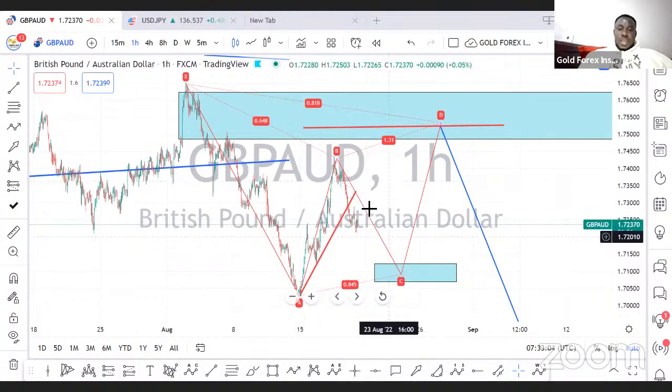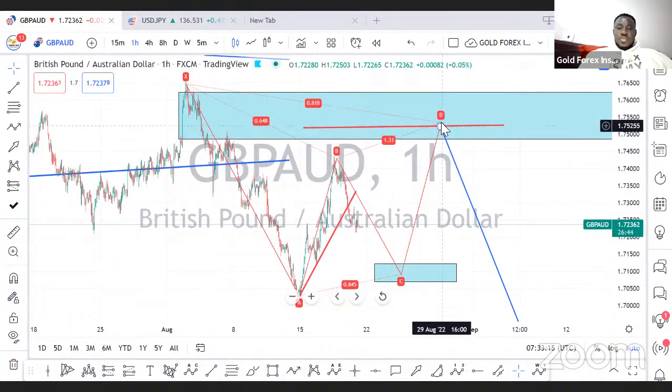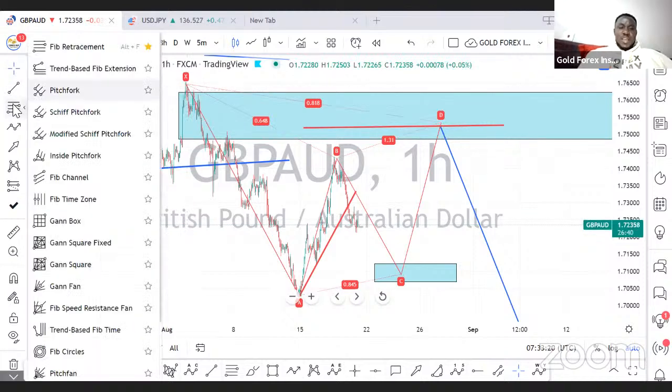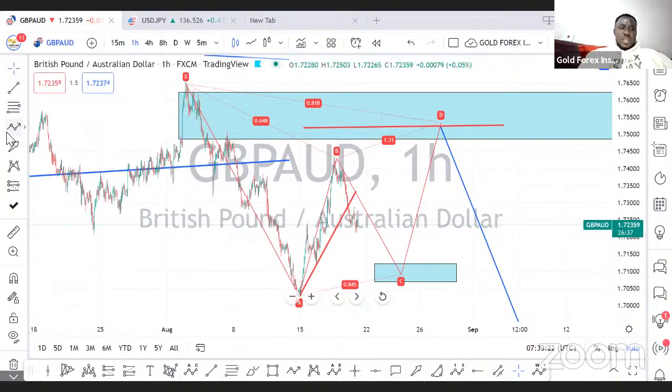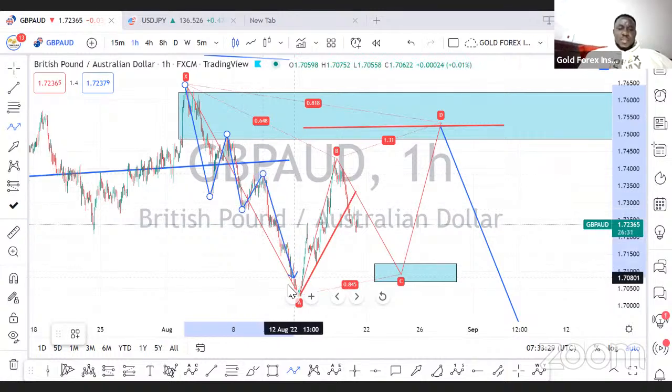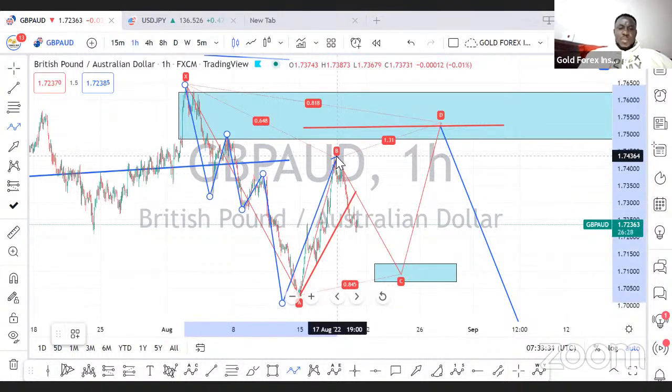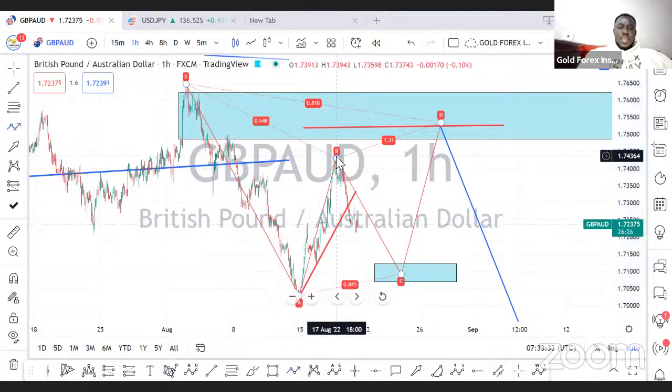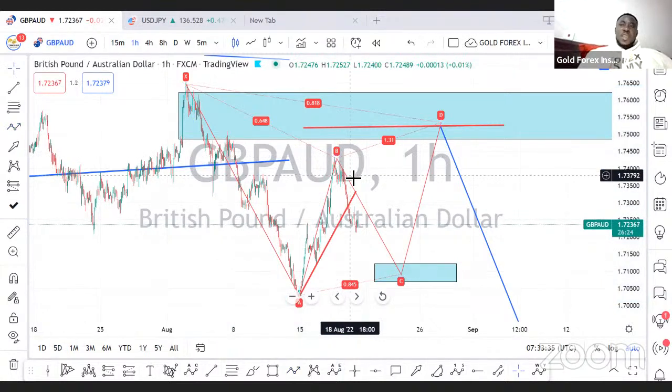So we are going to sell to the C. Then from there, when it gets to this zone, which is the demand zone, we are going to buy all the way to 78.6, forming a Gartley pattern, because the break of market structure happened over here. That caused the B leg. So originally, harmonic pattern,